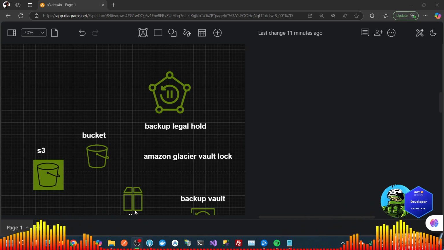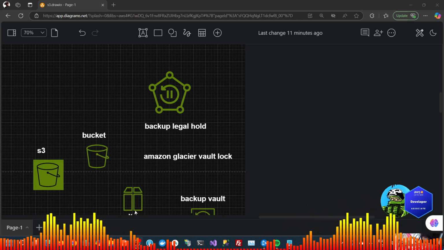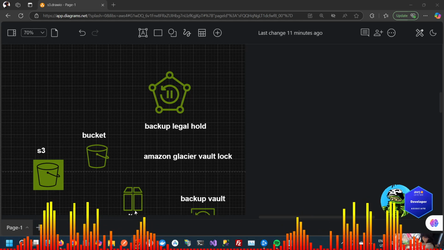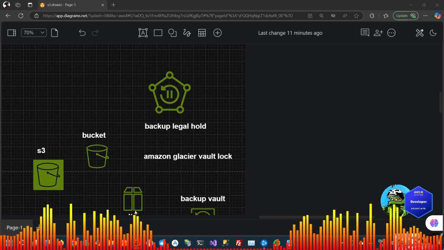Why this design? Compliance and security. Legal holds are designed to meet strict regulatory and legal requirements, allowing even the root user to bypass these holds without